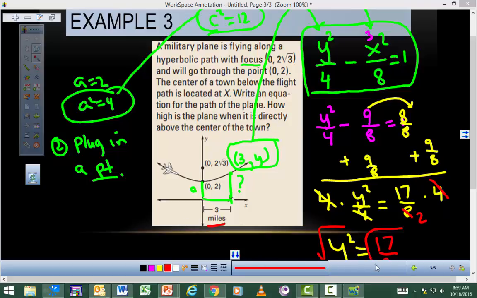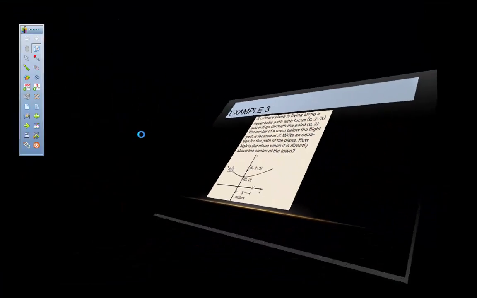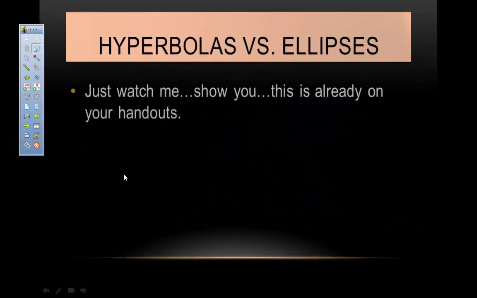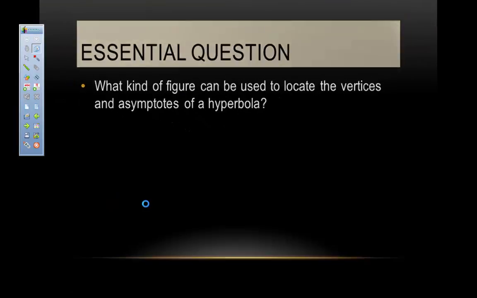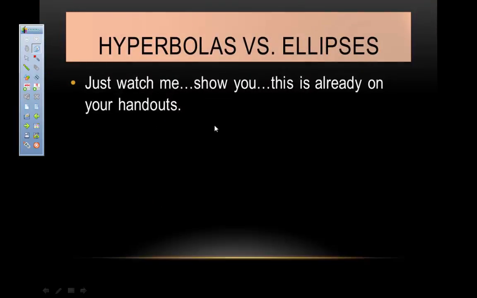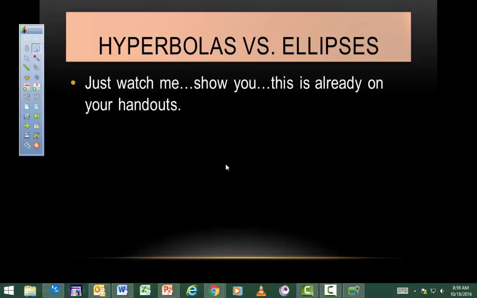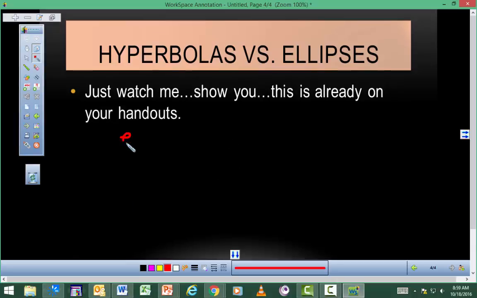Okay, so let's see, what else is there left on my lesson? I think we're getting pretty close to finishing. Oh, what I wanted to do was just show you comparisons. One of the big comparisons with ellipses, for example, is this equation. For ellipses,